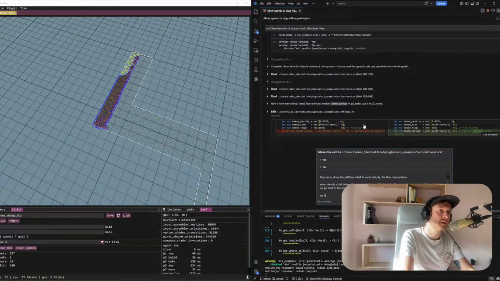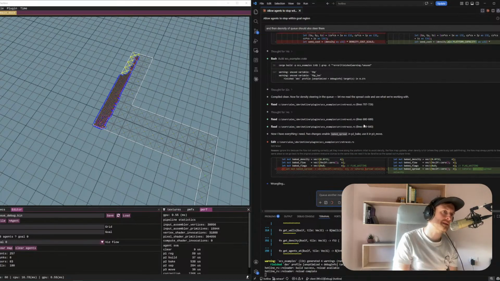We need it to be iterative. So we do an initial pass, and we need it to be iterative, so they spread out multiple times. I don't know if that makes sense, but